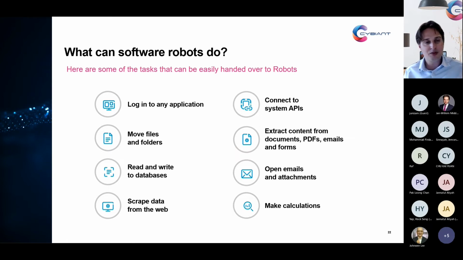They can very easily read data from and to databases. They can automatically go through your email, read and open all of your attachments and, for instance, save that into different files and folders, or make medium to very advanced calculations. So to give you some examples of projects that would be very useful, take the example of a whole box of invoices every single day, and you would like to automatically have all of